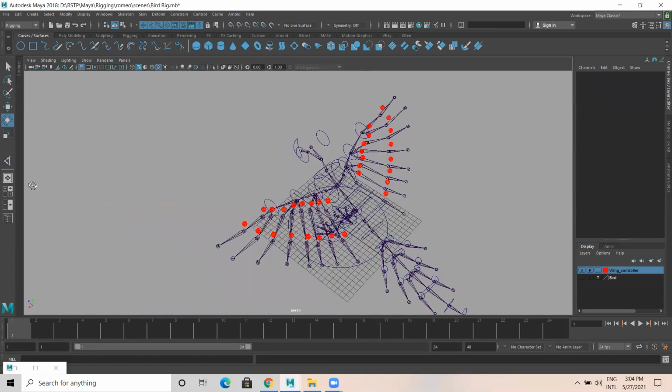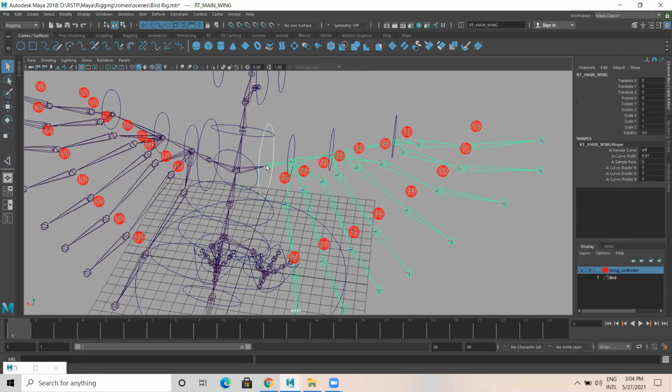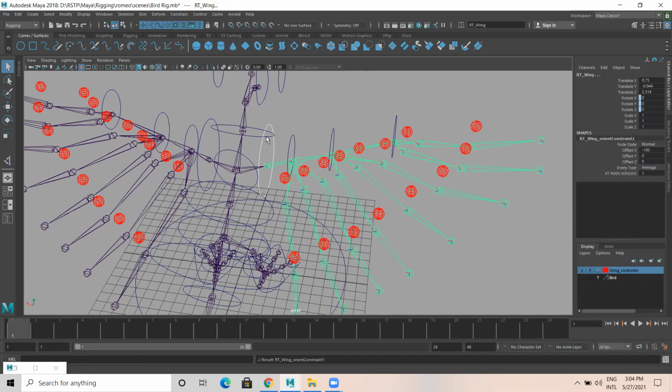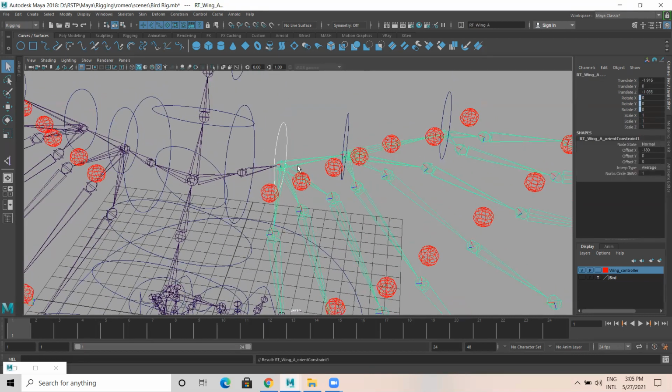So similarly, let us do the other side also. Select this and the joint. Go to constraint, it's an orient constraint. Select this and this, repeat last tool.